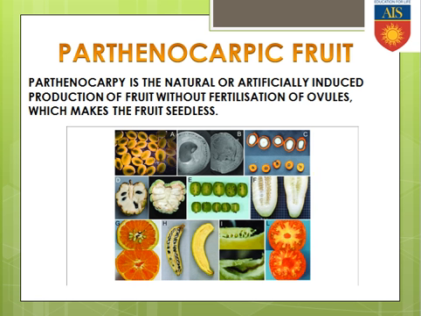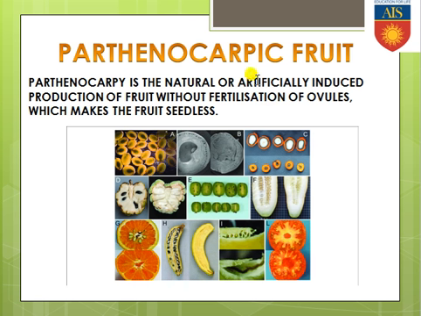There is another type of fruit, the parthenocarpic fruit. What is parthenocarpic fruit? Parthenocarpic fruit is a type of fruit which is formed without any fertilization of the ovule, and for that reason it is totally seedless. So these types of fruits are produced without fertilization. That's why ovules or seeds are not present within the fruit. Those are known as parthenocarpic fruit. Keep in mind, parthenocarpic fruit nowadays can be made by application of the plant hormone auxin.